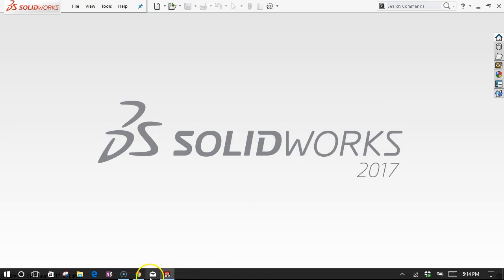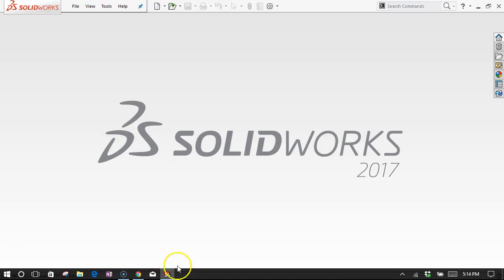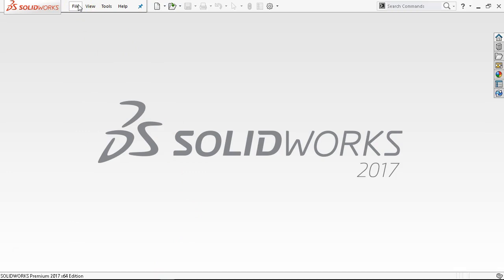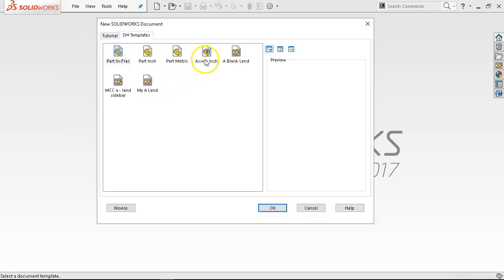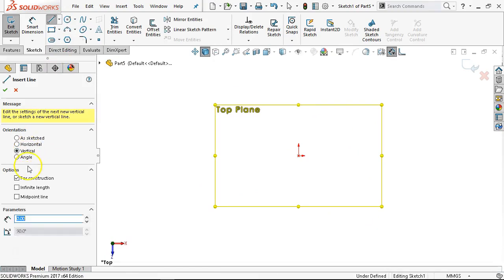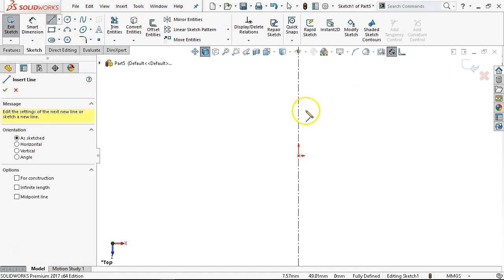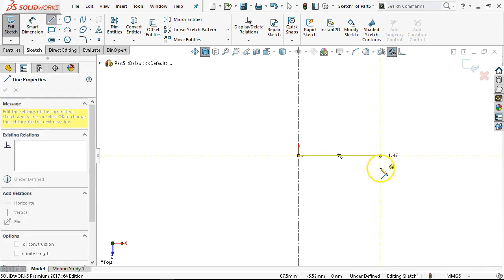All right, so let's see what we get next. All right, so this one is a pretty good case for the offset geometry, and maybe has some symmetry, so we could mirror. So kind of looking at the base and drawing that from the top. That's going to be my strategy, and then I forgot to look if it's, yep, it's in metric. And I'll go to the top plane, pick my center line, vertical, infinite length. Let's see, it doesn't really matter, so if I were to go from the center point over, back, and up, and over,